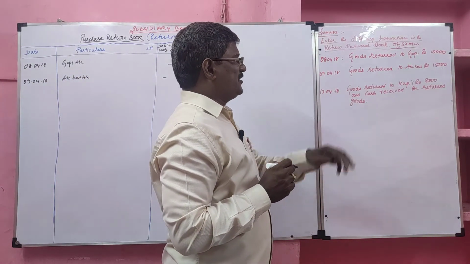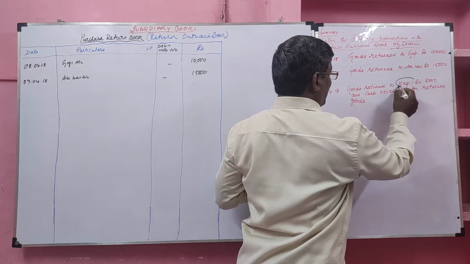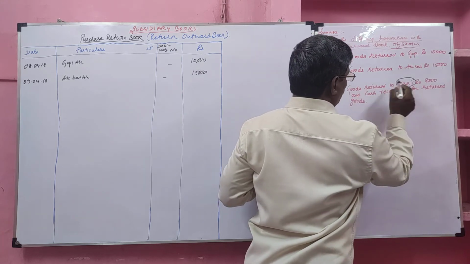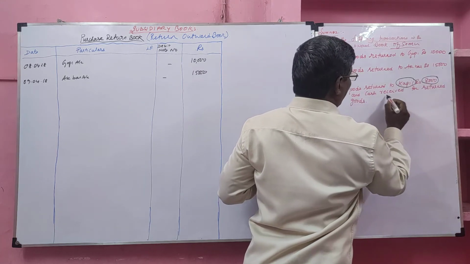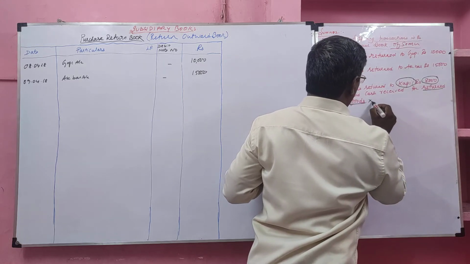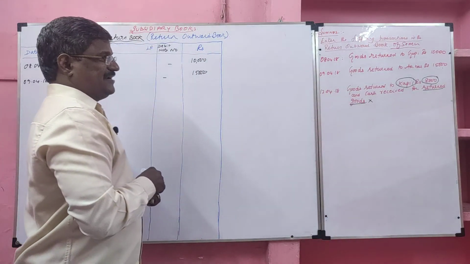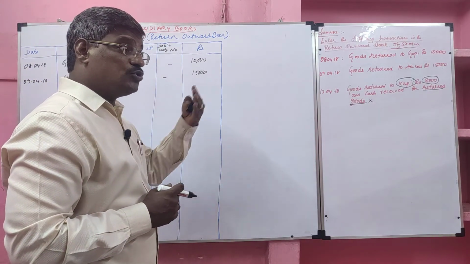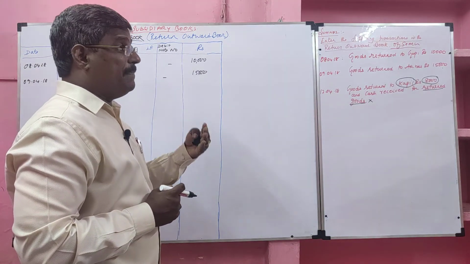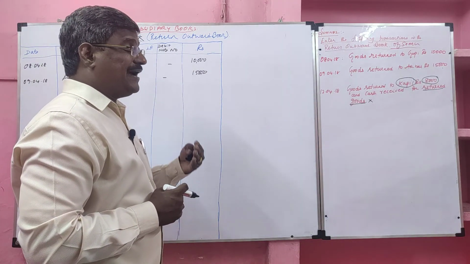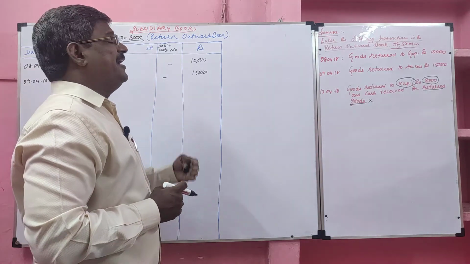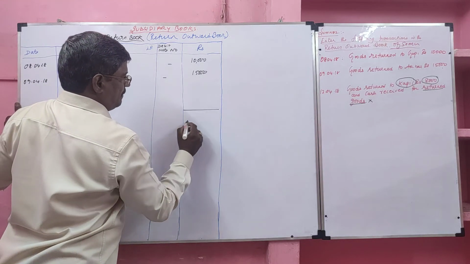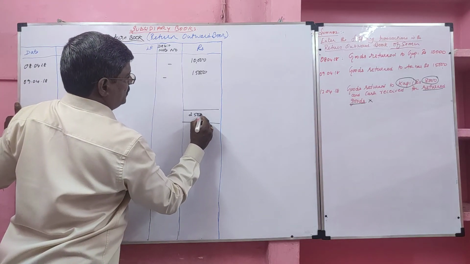On 12th April 2018, goods returned to Kapil. So we are returning goods to Kapil. He is also our supplier because we are returning goods. Goods returned to Kapil 8,000 rupees and cash received for the returned goods. It will not be recorded in the purchase return book. So we should return goods to the supplier, those who sold goods to us on credit terms, but we should not collect money from them. If we collect money, it will not be recorded in the purchase return book. Now we will make it as total. Total 25,000.